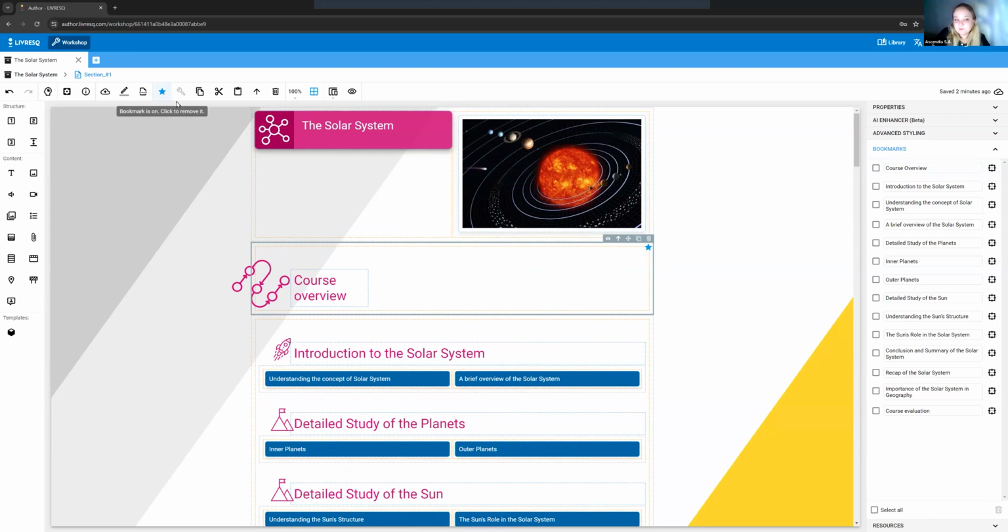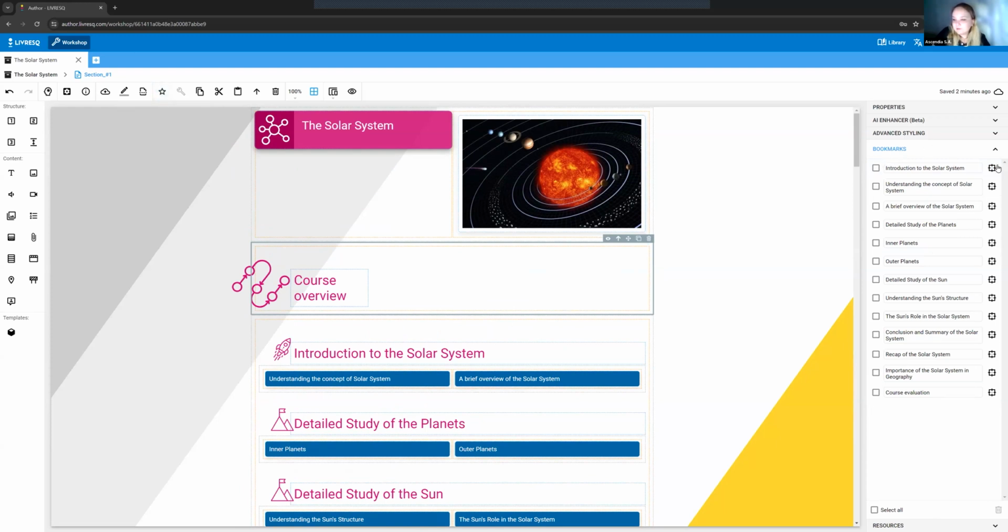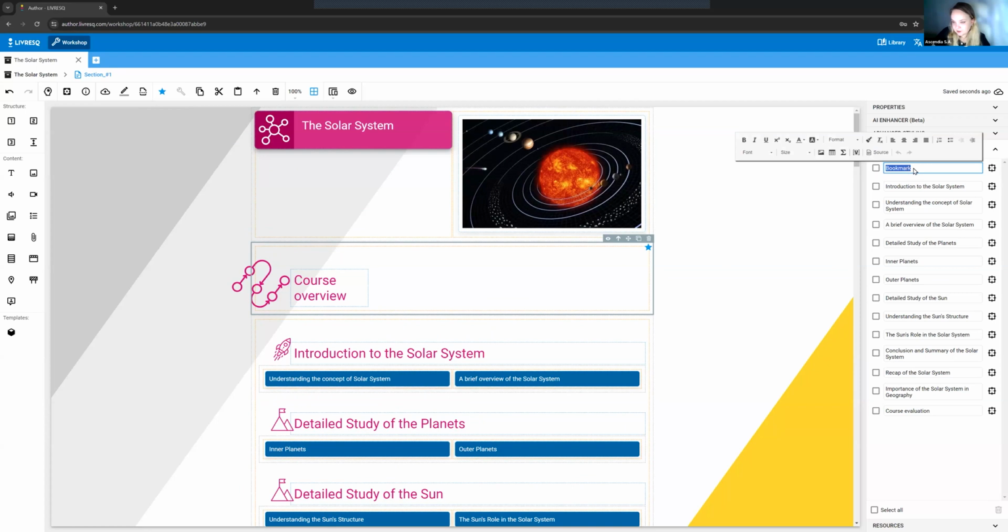So if I click on bookmark again, I've now removed the bookmark. It was also removed from this list. If I want to add it back on, it's added as if it's new. I need to write the name again, course overview. So I have these bookmarks, but now the next step is creating the table of contents,